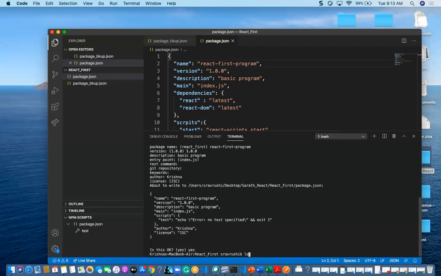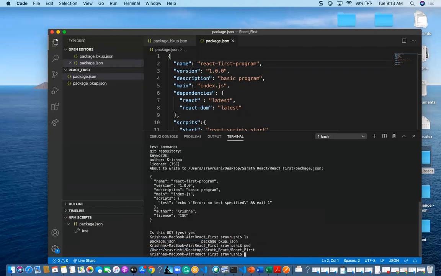I have to always do this inside the current path of the root folder. If I check here, you can find it is pwd, so I am at the root folder right now. Then I give npm install, and this will install all dependencies of your application.